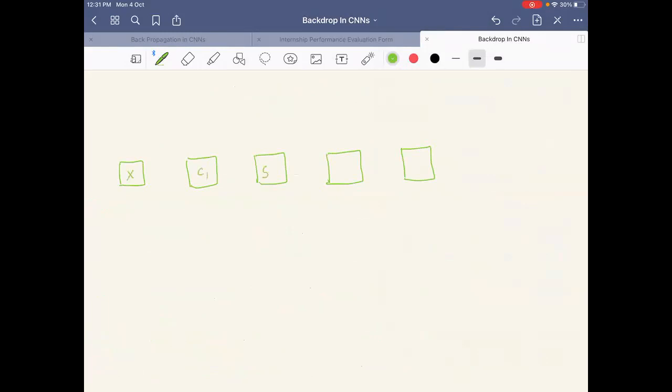X1, C1, S1, C2, S2, and then what you have is FC or the output. So FC, and then what you have here is the O, right? So let us assume that just for notation, this is W, FC. Just for notation, assume that O is the output of any of the maps. Like, for example, output at the convolution layer C2 is OC2. Output at this is OS1, right?